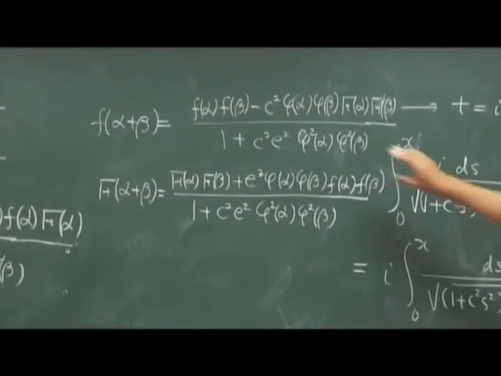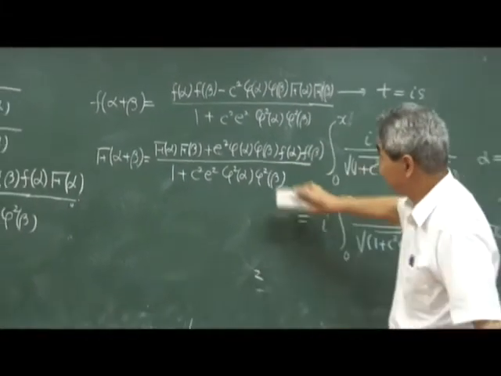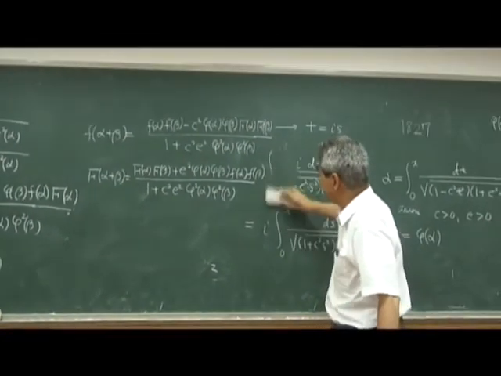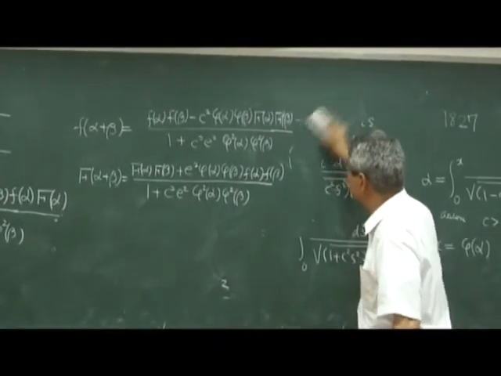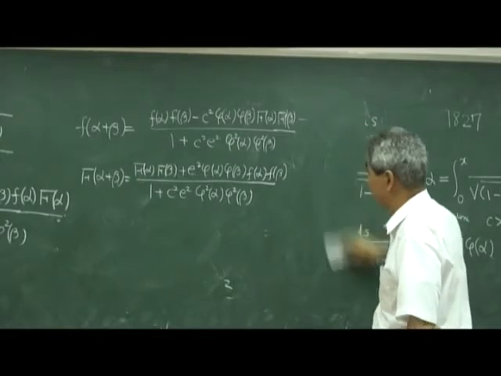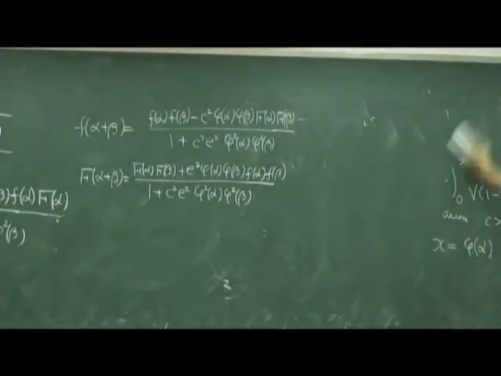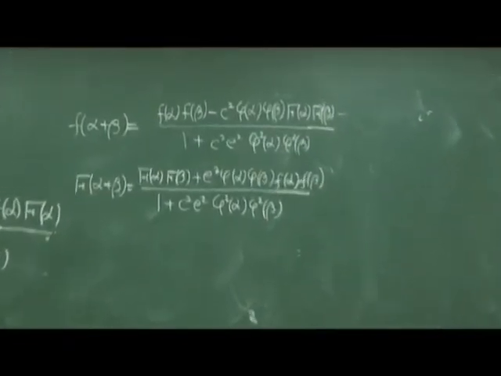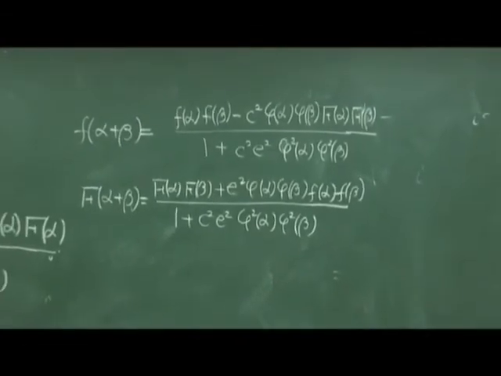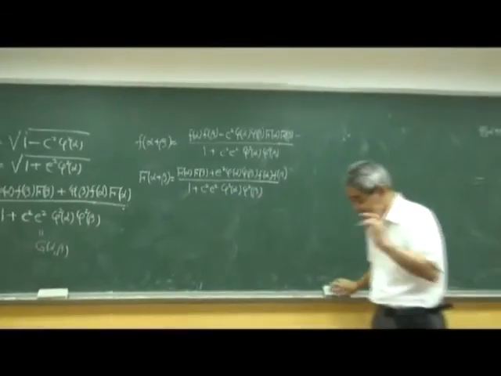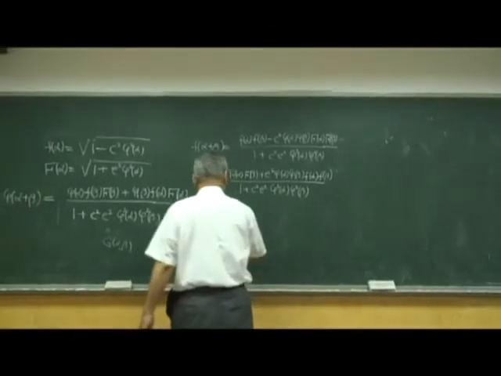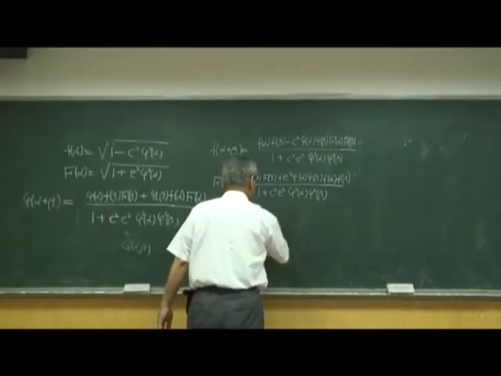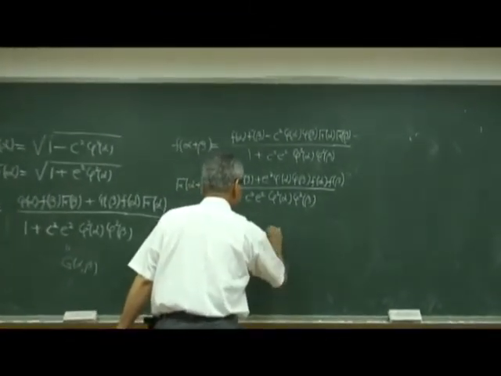Just take the partial derivative with respect to alpha and beta and show that both are equal, so that the right hand side is a function of alpha plus beta, and then if you make beta equals 0, it goes this way. Okay, so be careful, this is originally only defined